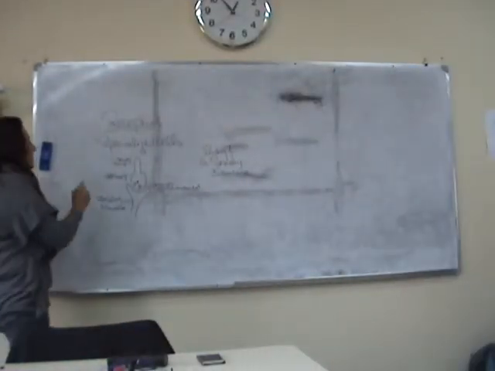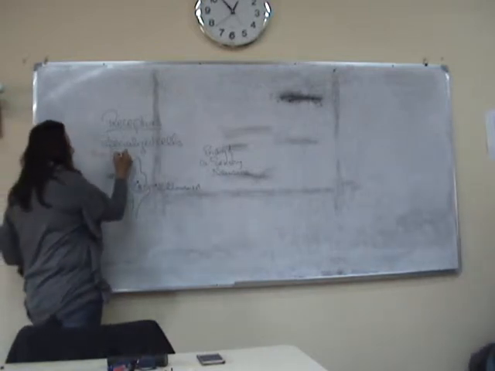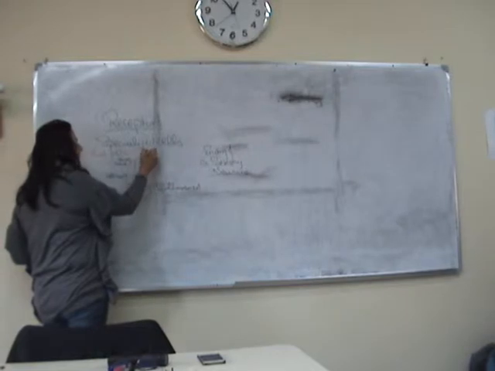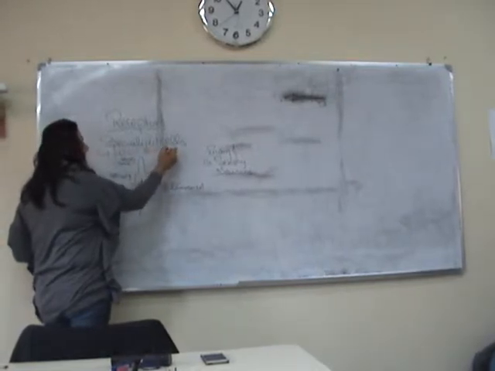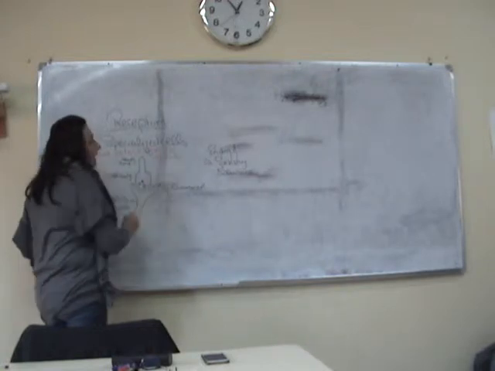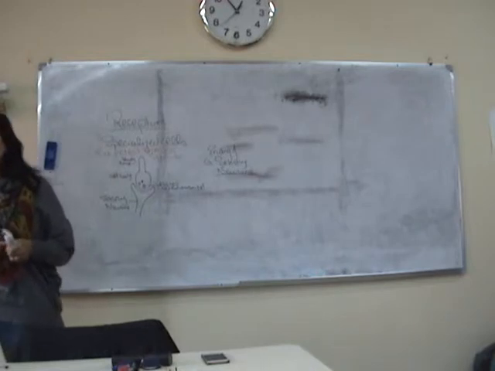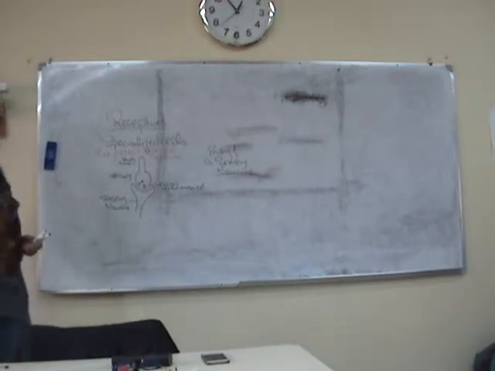Receptors are either specialized cells that detect specific types of stimuli, like we said, the photoreceptors in the retina of the eye, or the chemoreceptors in the taste buds, in the